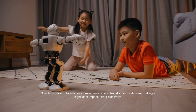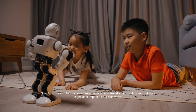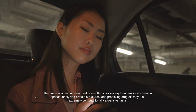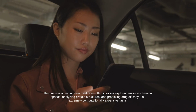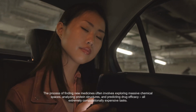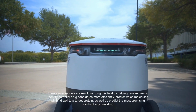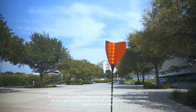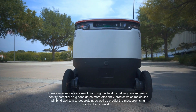Now, let's move on to another amazing area where transformer models are making a significant impact: drug discovery. The process of finding new medicines often involves exploring massive chemical spaces, analyzing protein structures, and predicting drug efficacy, all extremely computationally expensive tasks. Transformer models are revolutionizing this field by helping researchers to identify potential drug candidates more efficiently, predict which molecules will bind well to a target protein, as well as predict the most promising results of any